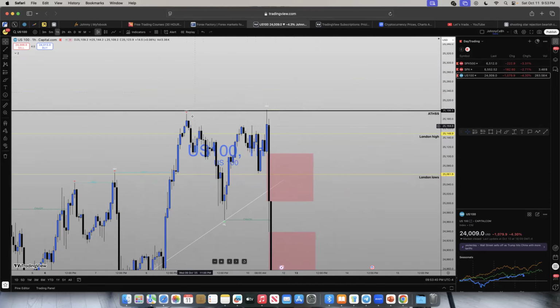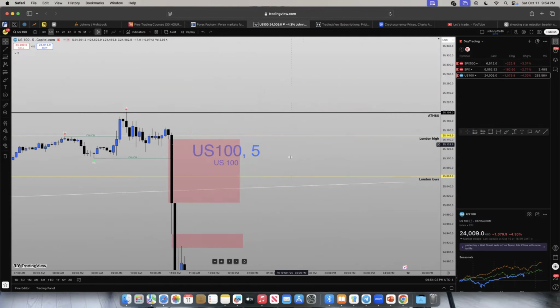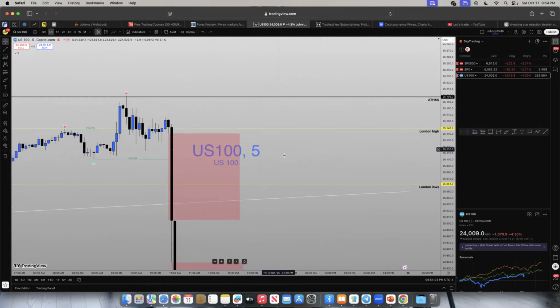But with the hourly time frame there is some structure, so you can clearly see that we rejected off here and off here, almost creating an M formation, or a W, my bad, a double top, a W. At that point you could have said, okay, there's no point in a short, there's no point in me getting in. Now, another thing you want to remember is this: we created here